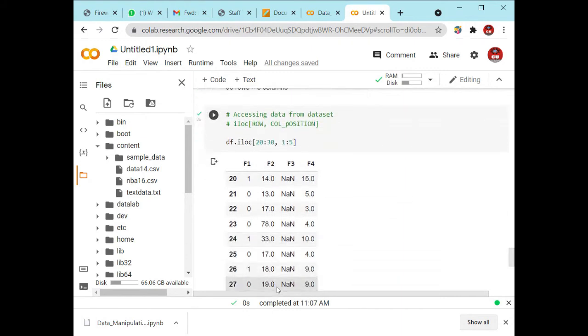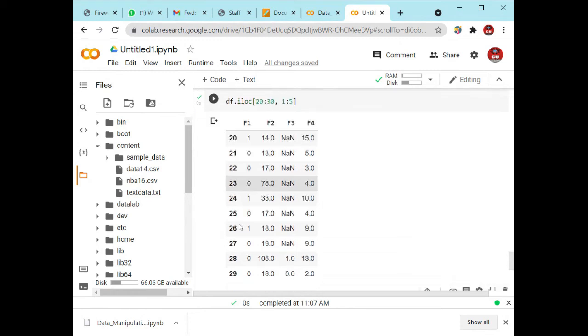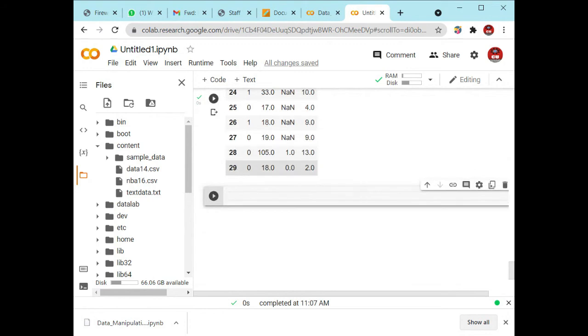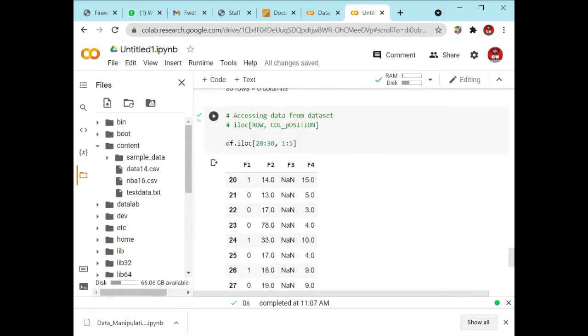You can see right here, the rows start from 20 and end at the n minus 1 location, meaning 29. So it ends at the 29th row, and the columns start from the first location and end at the n minus 1 location. What is the n minus 1 location? 5 minus 1 is 4. So it will show the output 1, 2, 3, 4.